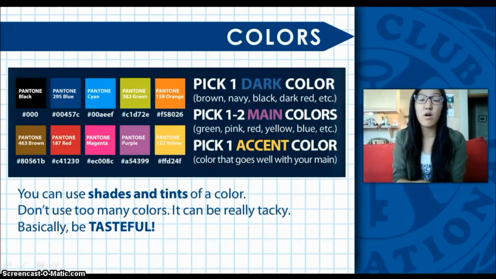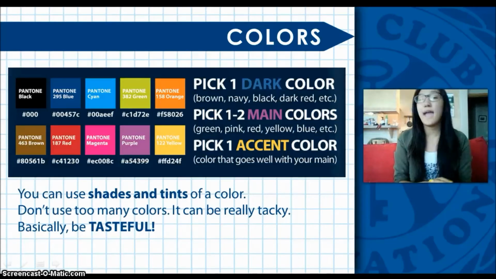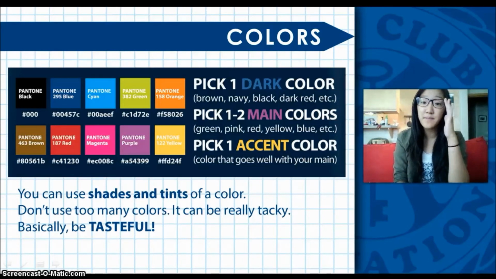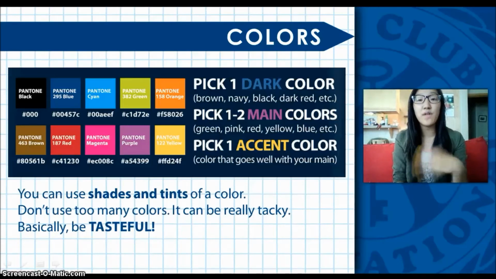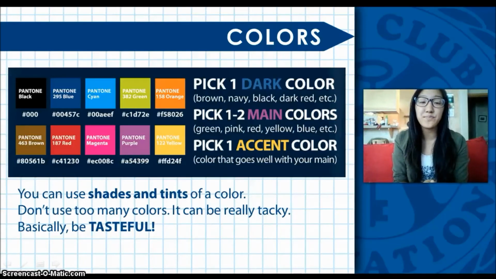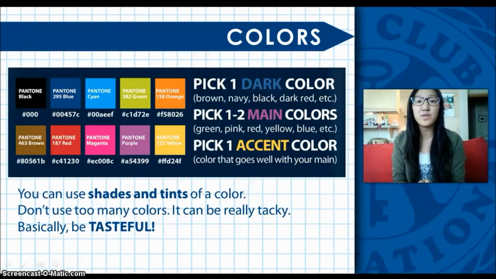The next thing we should cover are colors. Colors are very important and they can make or break a design. For my newsletters, I generally follow this rule: I pick a dark color, one to two main colors, and an accent color that complements my main colors. Basically, I follow that rule, and I also use the Key Club brand guide colors. Those are located over there, and they encompass most of the colors in the rainbow, and you can lighten them and darken them too, depending on what you prefer, and you can use them as often as you can when you're making your publications.